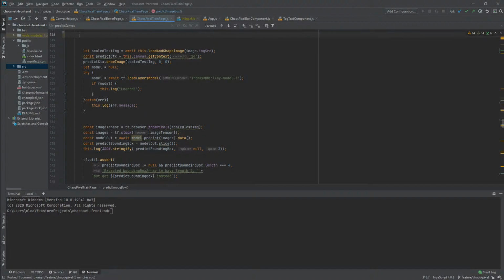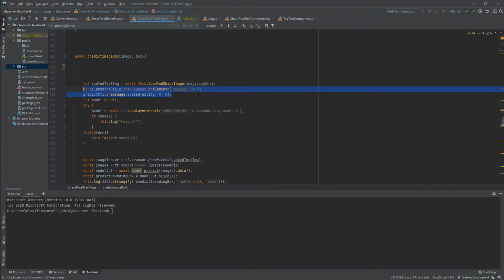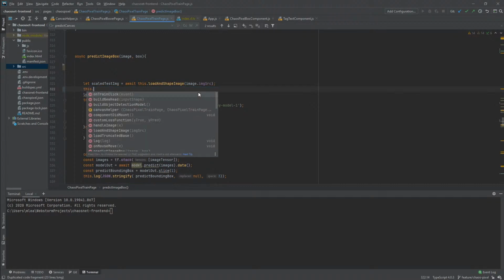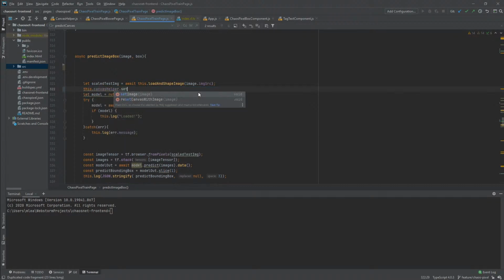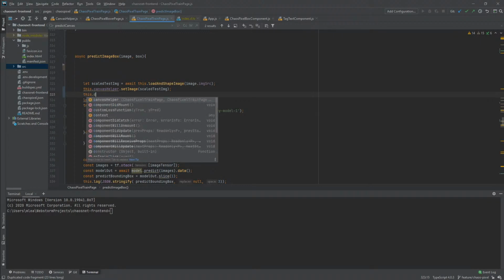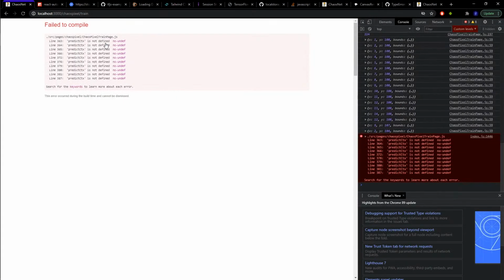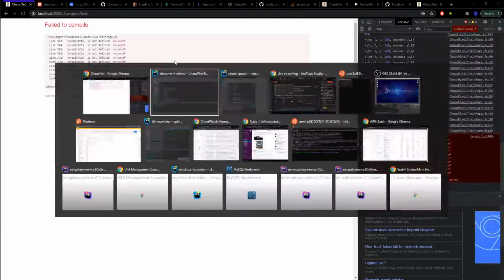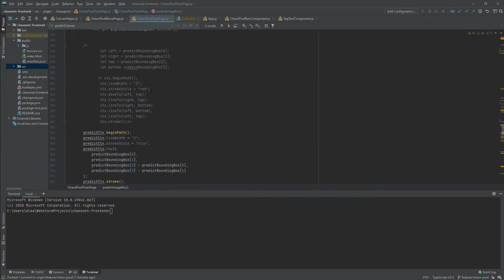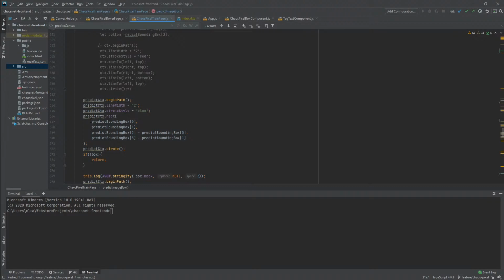So let's see, we're gonna do it. We're gonna try this. We're gonna go this dot canvas helper dot set image scale test image, and we're gonna go this dot canvas helper dot reset canvas with image. Okay, good. All right. Predict context is not defined. That's all right. What we're gonna do is